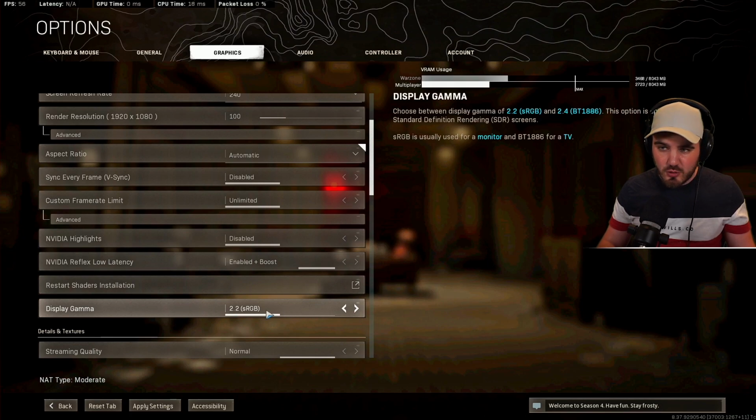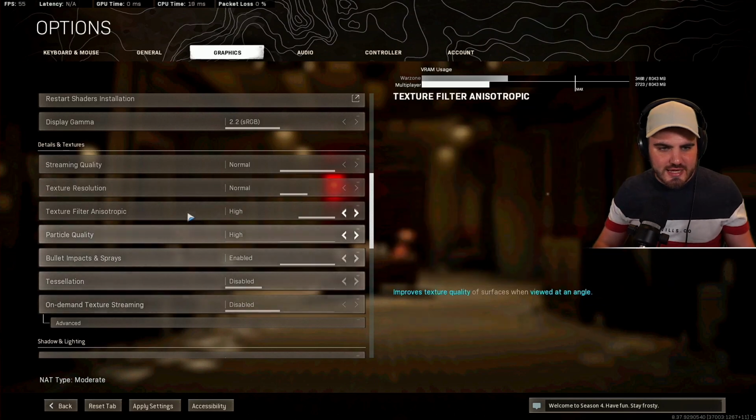Display gamma, if you are playing on a monitor, then you want to use sRGB or 2.2. If you're playing on a TV screen, then 2.4 is the color space you want to be using. But for me, I'm on a monitor, so display gamma. Next, we're coming down to